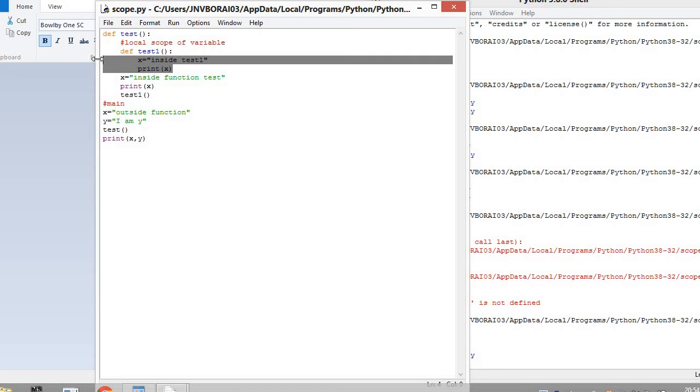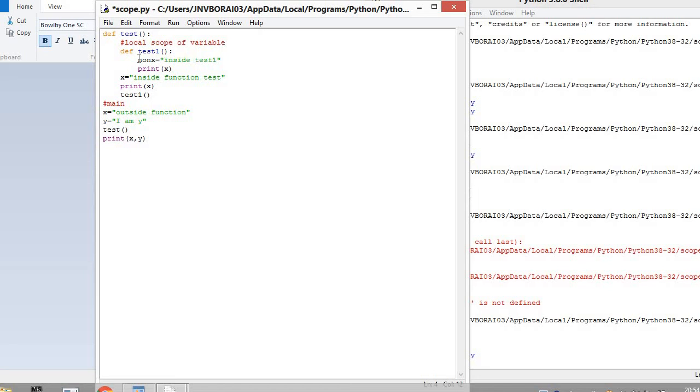But again the same challenge will come. What if I want to use this variable, this x of function test? There is a keyword called nonlocal. So when you mention that this x is nonlocal, then this x will be of